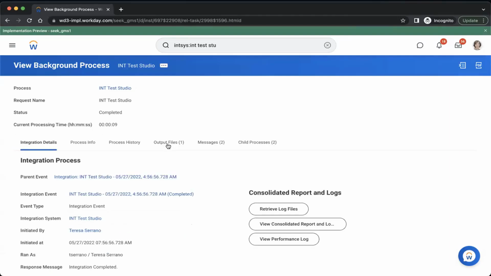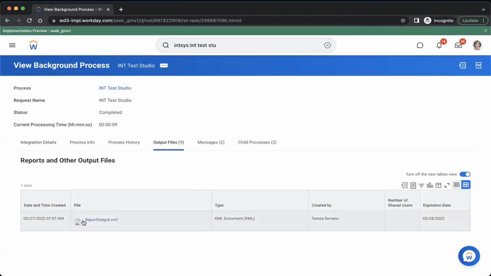So you see, now you have the output file, and this output file has the name report output.xml.